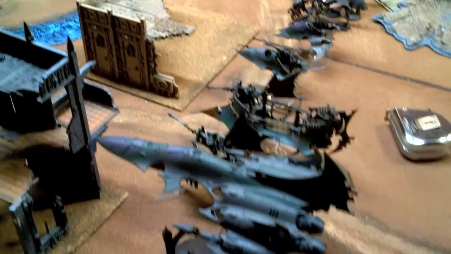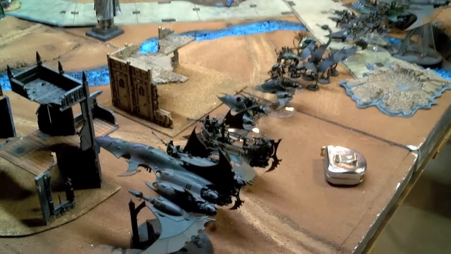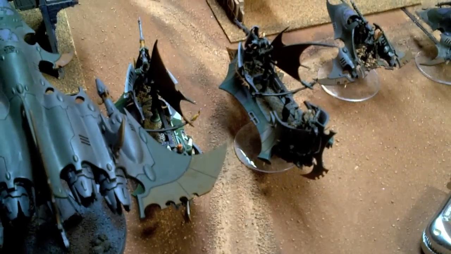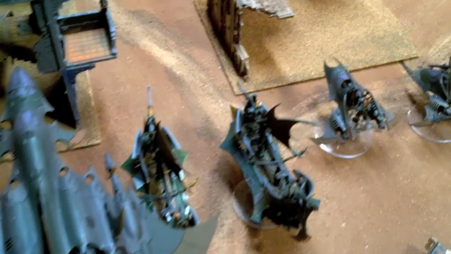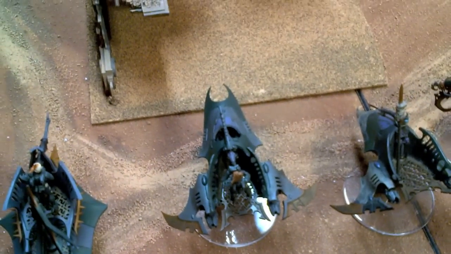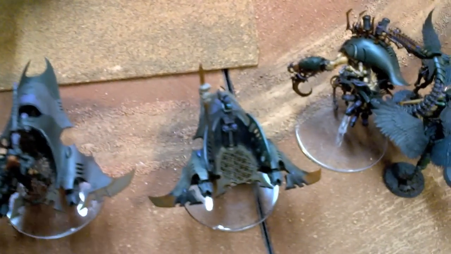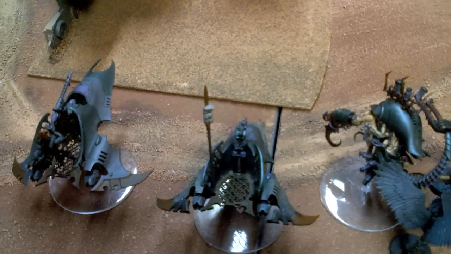The Dark Eldar, this special mission allows me to deploy my flyers on the board, and I have a Void Raven Bomber, 2 units of 10 Kabalite Warriors with a Blaster, Splinter Cannon, Splinter Axe, and a Sybarite with Haywire Grenades, a unit of Witches, 5, with a Hecatrix with nothing, Haywire Grenades, an Archon kitted out with a Shadow Field, Power Sword, Soul Trap, Haywire Grenades, and 4 Incubi with a Klaivex,